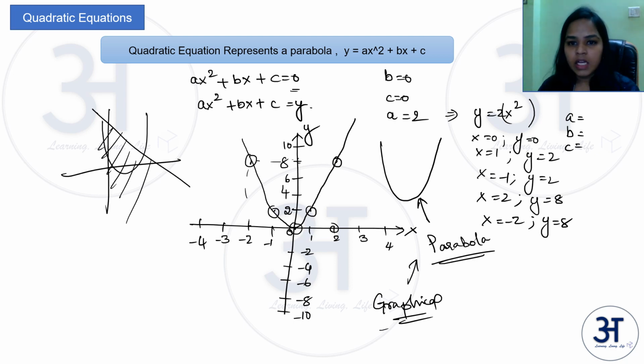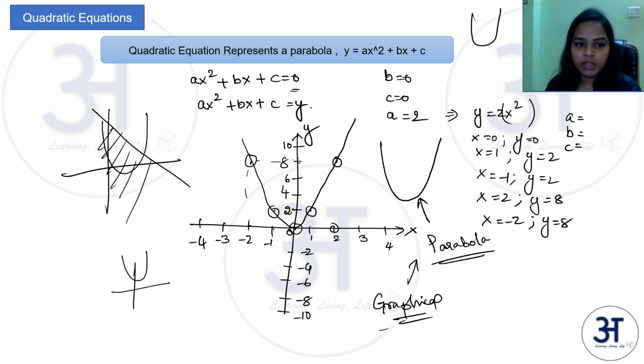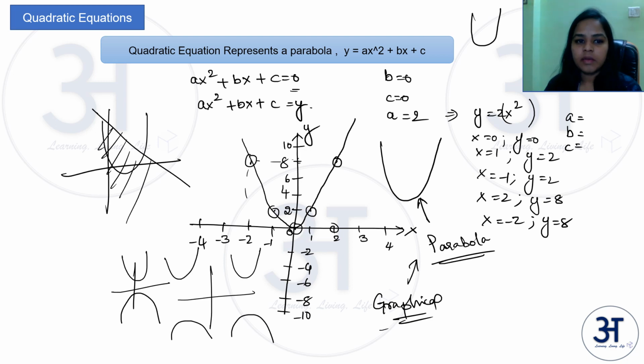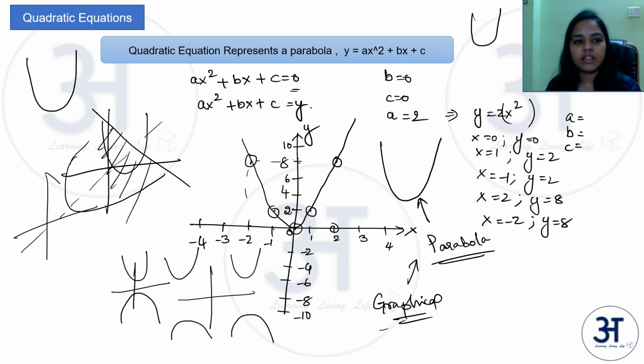Now we understood that the shape will be somewhat like this. It can be open towards the top, or open towards the bottom, or it can be somewhere in any of these quadrants. But it will be of this shape, somewhere in different angles. It can sometimes be at this angle as well, where the axis will be somewhere like this. This is a little complicated one, but it will be a parabola. You can rotate it and revolve it however you want. Once you're clear with this, let us move ahead.